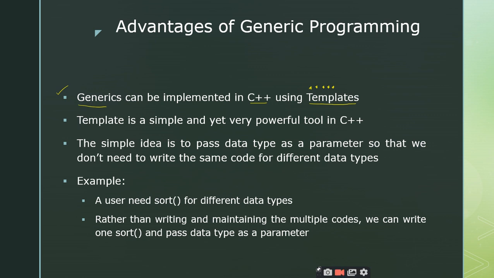So real world programs will be closely related to object-oriented programming systems, right? So that is the advantage, and within this we have so many powerful tools like inheritance, which is a very powerful tool, and similarly overloading, operator overloading, abstract classes, virtual functions, everything you take. And now we are with the new concept called templates. Templates allow the programmers to write generic programs, right? And the second point is template is a very simple and yet very powerful tool in C++. That is what I told, right?